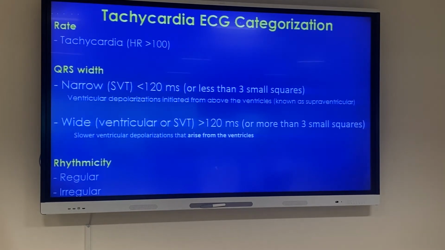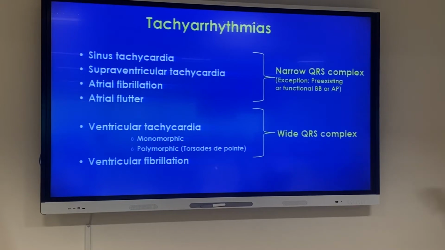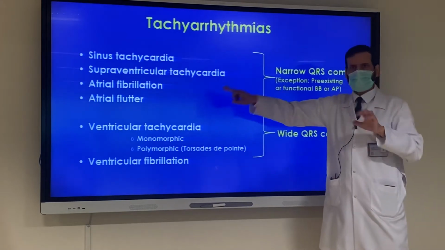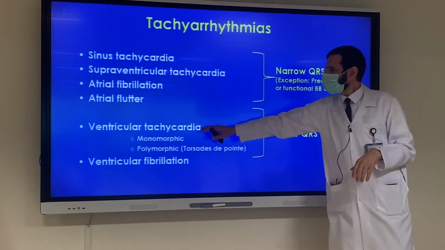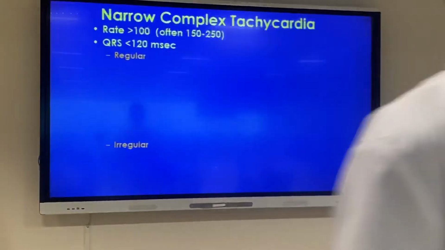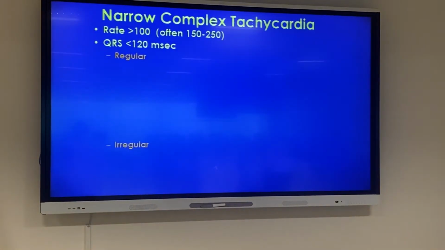Then we will come to the next step, which is the P wave. So if the patient is tachycardic and narrow, think about sinus tachycardia, supraventricular tachycardia, atrial fibrillation, atrial flutter. This is overall, regardless of regularity or irregularity. Wide, think about VT or VF. Now, we'll narrow it down further. So if it is narrow and the rate is above 100 and it is regular, what's the possible diagnosis? A patient in the emergency room is tachycardic, narrow and regular: sinus tachycardia, number 1. Remember regular. So that's why we differentiate now between regular and irregular. Irregular will suggest atrial fibrillation, right? But regular,